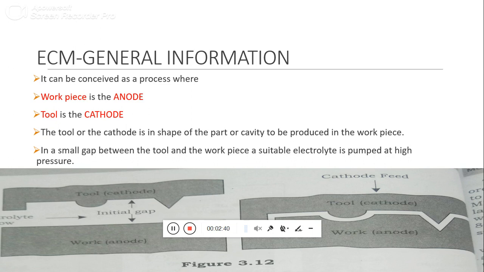So just to reiterate, in an ECM process the workpiece is the anode and tool is the cathode, and the tool or the cathode is in the shape of the part or cavity to be produced on the workpiece. See, the